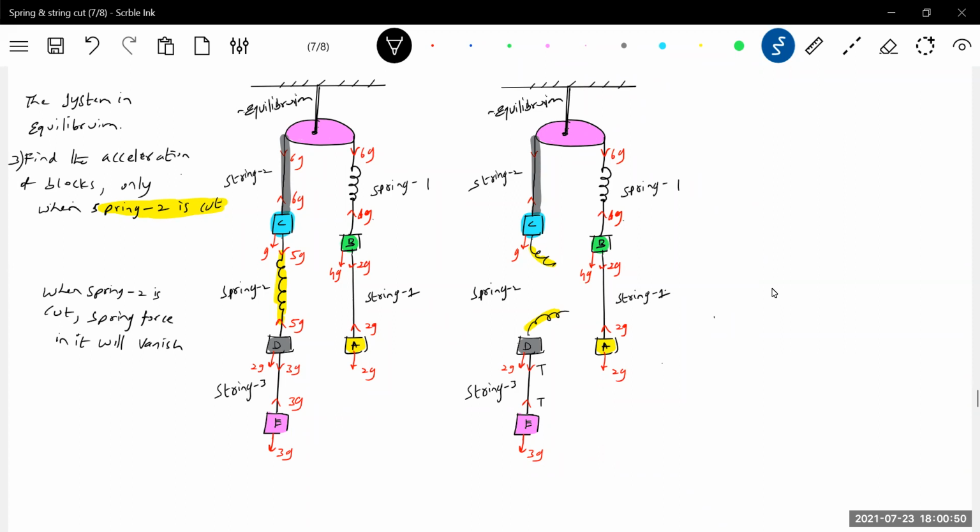Spring force in it will vanish. Okay, we have this much here. So what about the tension in this string? This is the very best question we have to ask here. This string 2 is connected to spring 1. So if the spring force here will change,